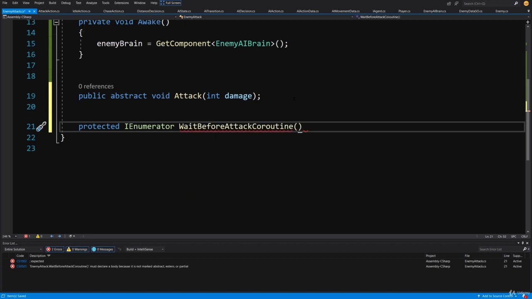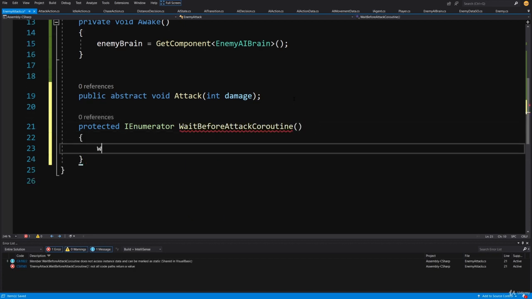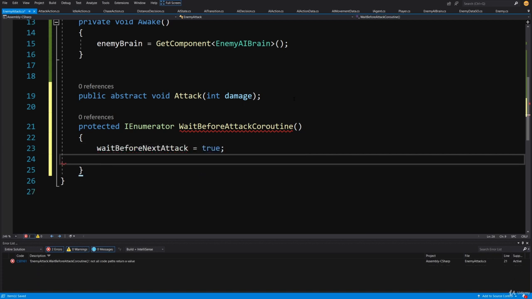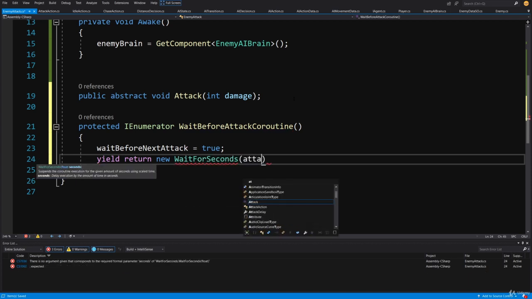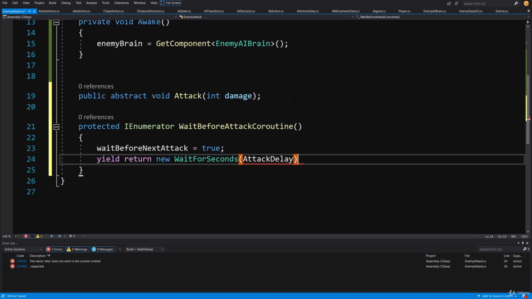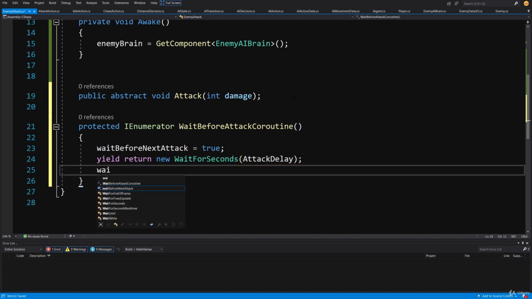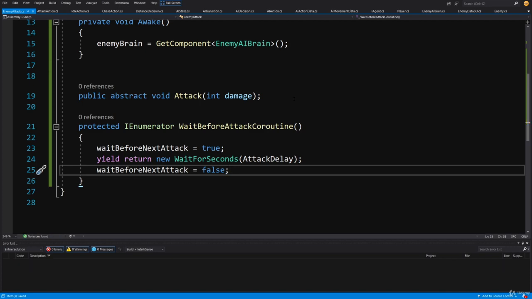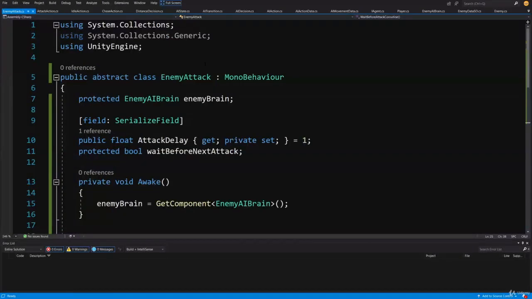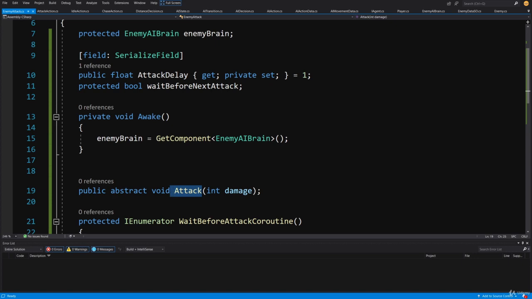Great. And we are going to simply call here waitBeforeNextAttack equals true. Next we are going to yield return new WaitForSeconds, and we are going to pass the attackDelay, and next we are going to simply call waitBeforeNextAttack equals false. Okay, great. And this will be our abstract class, and in the attack we will be able to implement a way to melee attack our player,